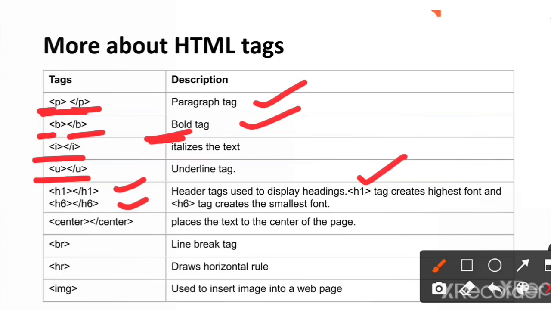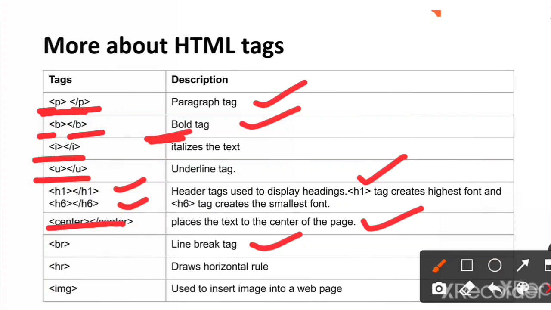Okay. Next, if you want the text information to be displayed at the center, you can use this center tag. By default, the text will be displayed to the left. So if you want the text to be aligned to the center, you can use this center tag. Okay. Next is break tag. If the text needs to appear in the next line, then you can break the line by using the BR tag.